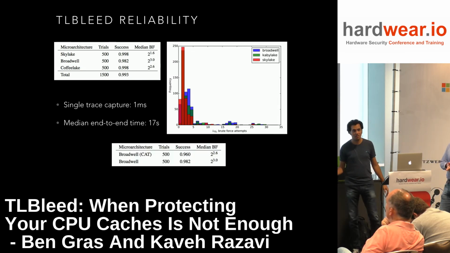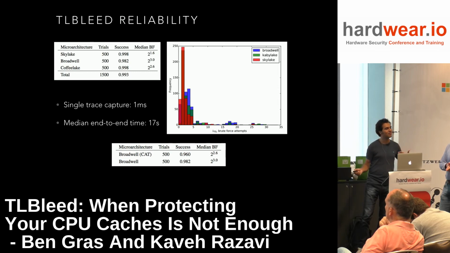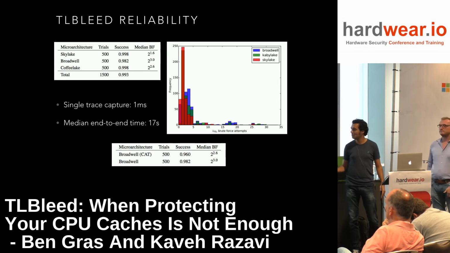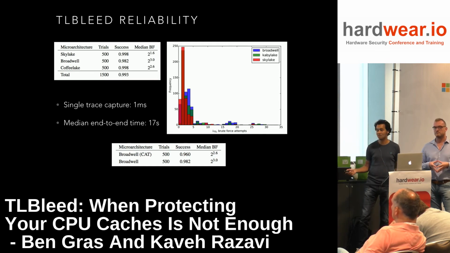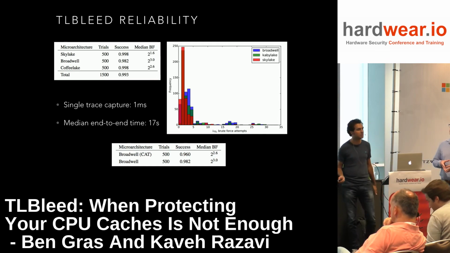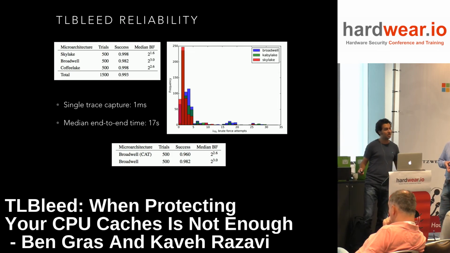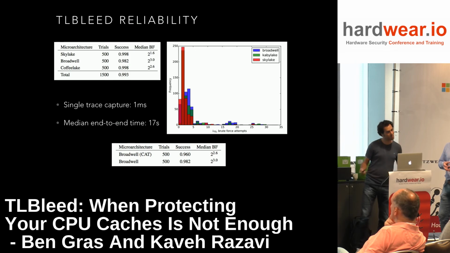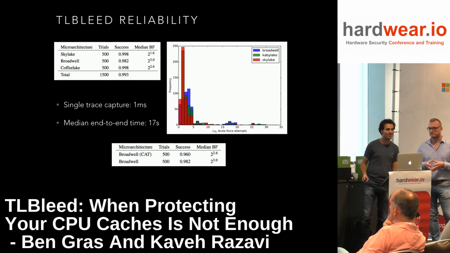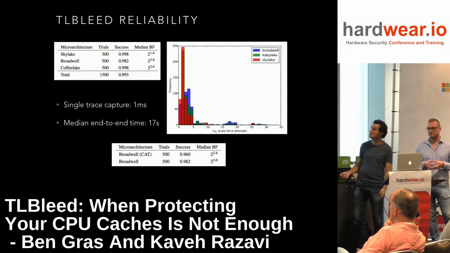Now, I talked about these hardware defenses that people have deployed. Here is one example, CAT, remember Cache Allocation Technology, and here it shows that TLBleed still successfully recovers the key. We have more experiments against these protections, both cache coloring and also TSX. If you want to know more, please go ahead and read our paper. All the experiment results are there.